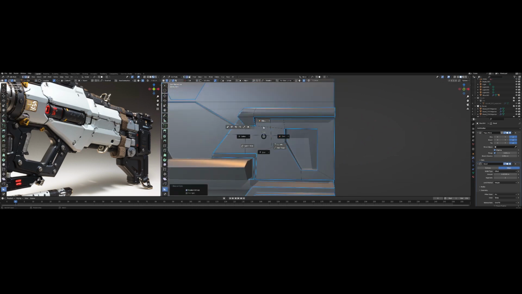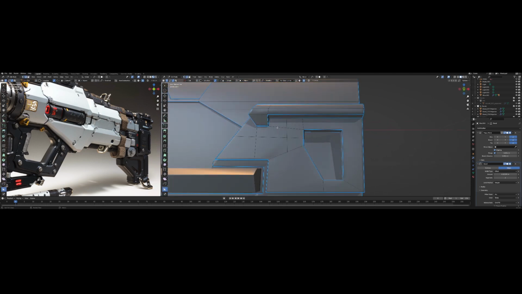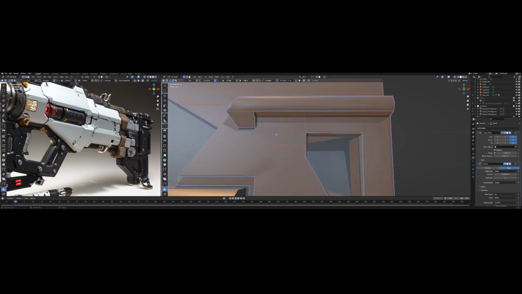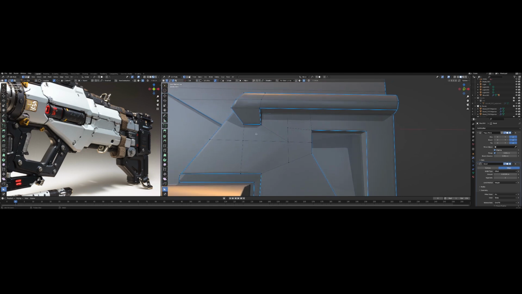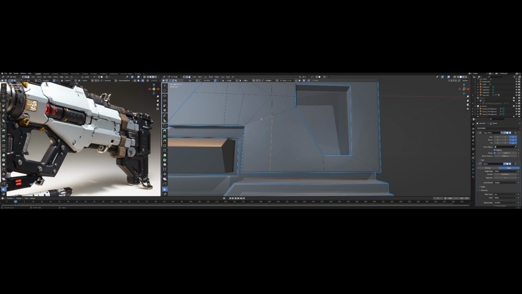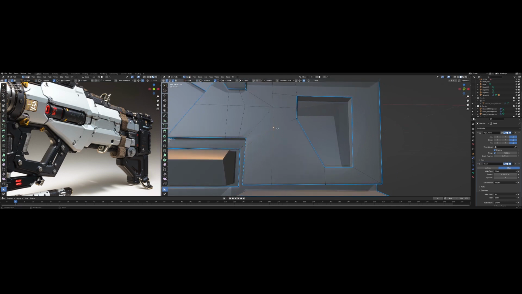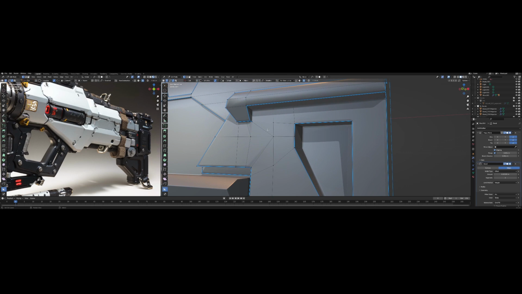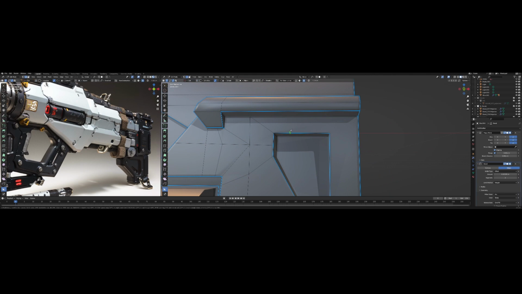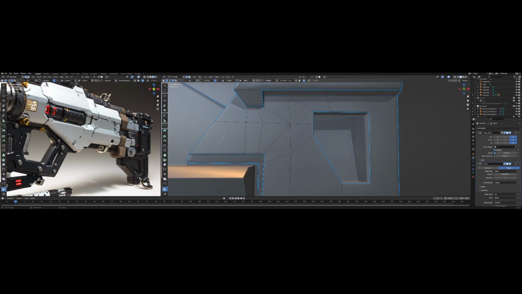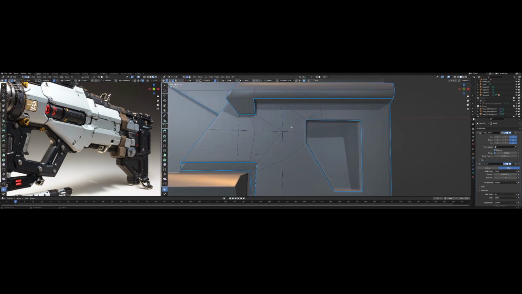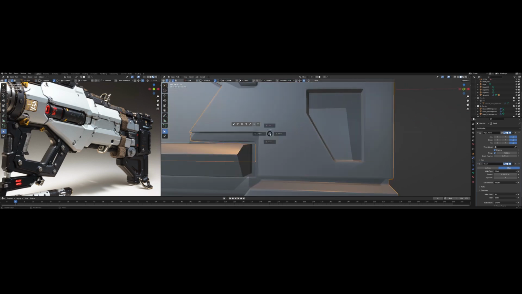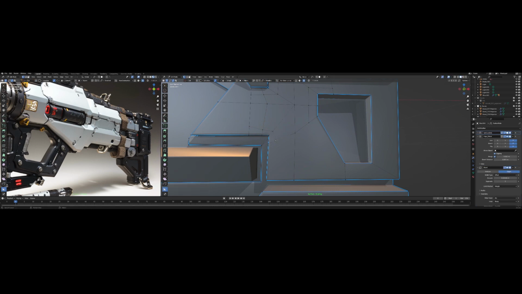And as we can see, there will also be some shading problems, especially on those lines, right? To fix the problems, I think we should still use the most classic retopology method to solve it, right? We're just not going to retopologize those corners with crossed lines, but we only want to try to make them into the